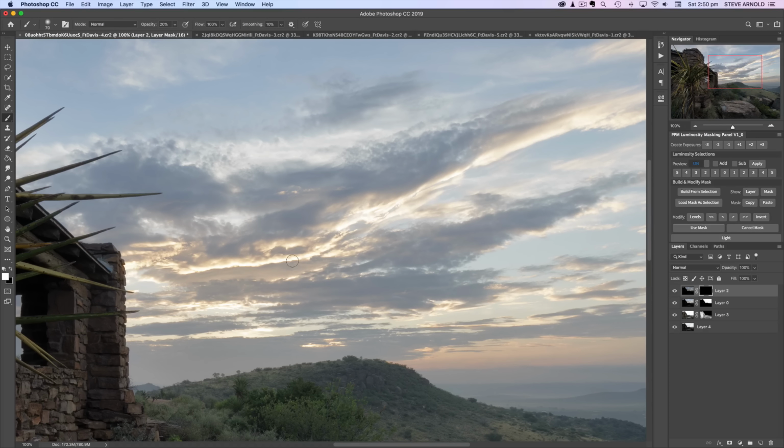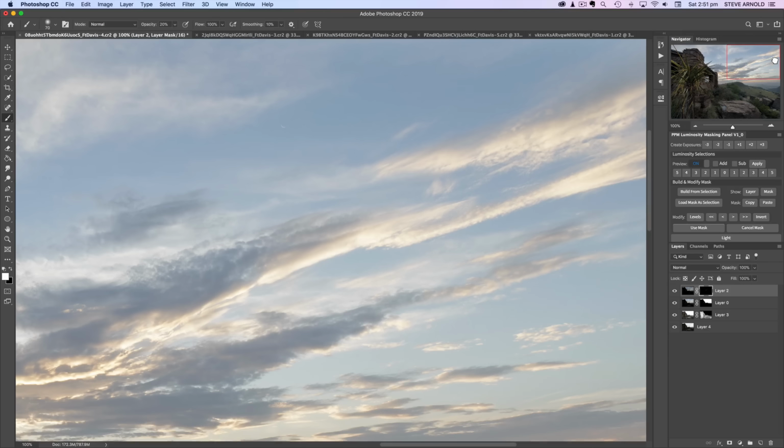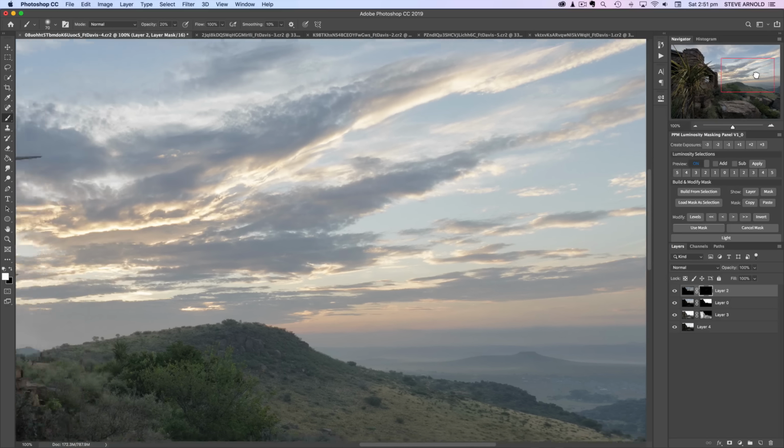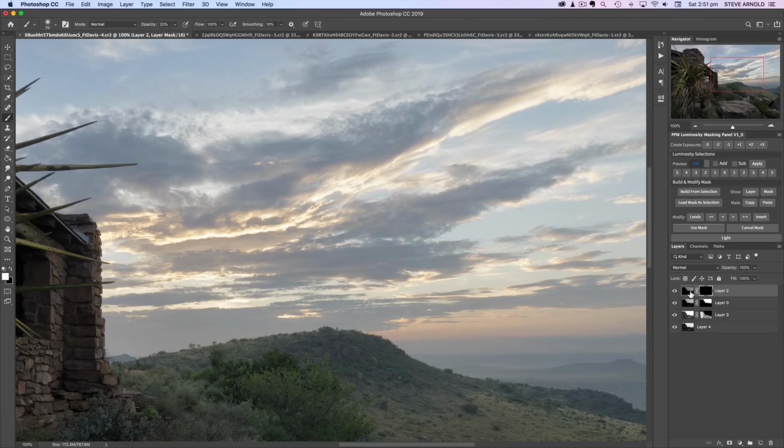Okay, that's actually working better than I thought it was going to, so let's continue with that just along these bright edges. And the luminosity selection is making sure that I'm not brushing outside of these brightest parts here, so we're only recovering the colour where it needs to be recovered from the overexposed bits. Okay, so that's pretty good. Just check up here and around here if there's any other bits I need to do. I don't think so. But yeah, that's a real subtle change,